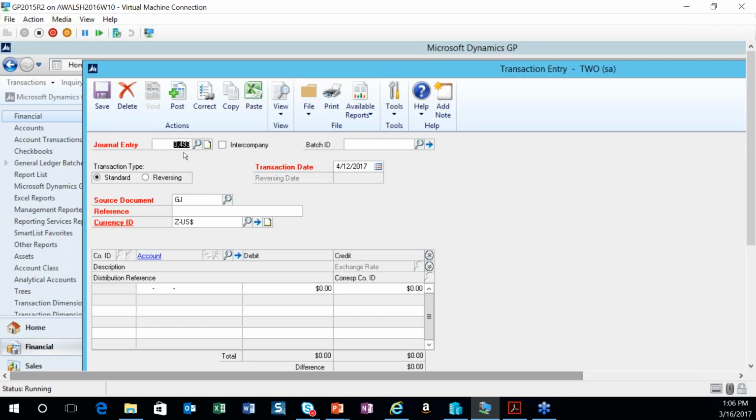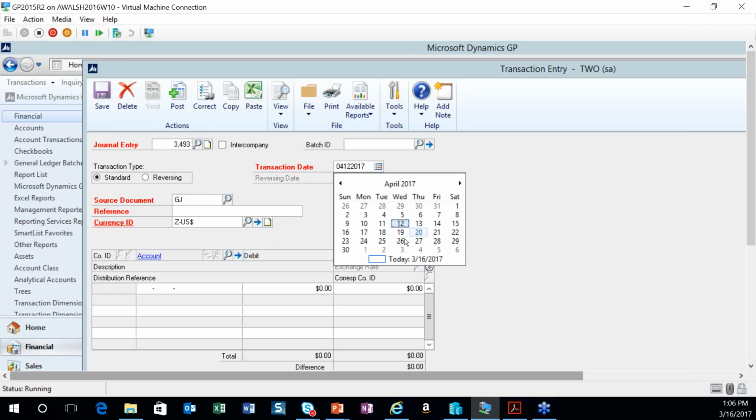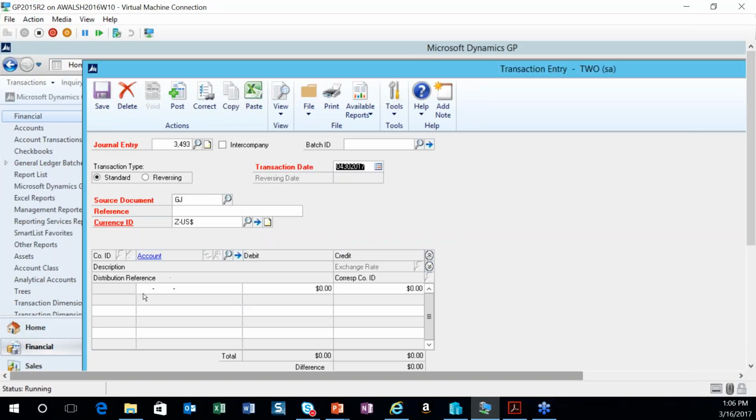Okay, so it's going to assign itself a journal entry. You can add in a batch if you want to give it a transaction date. And normally with the unit accounts transactions, I pick either the first or the last day of the month. And then you just type in whatever your